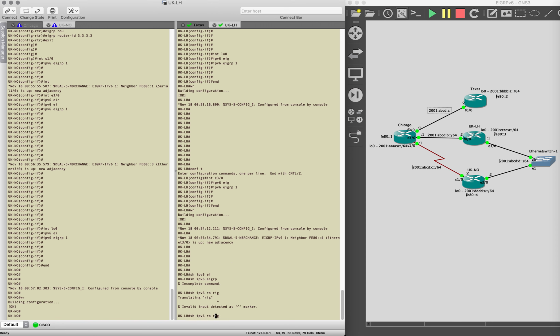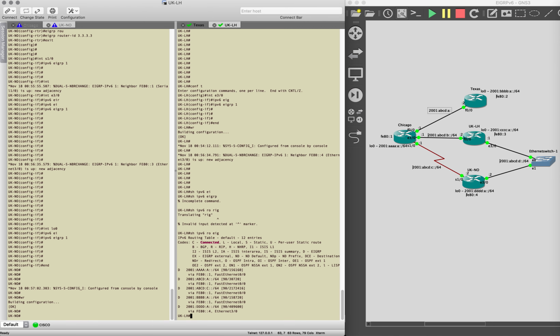Sorry for the typo, guys. Yes, learned AAAAA, which is the loopback of the Chicago router,